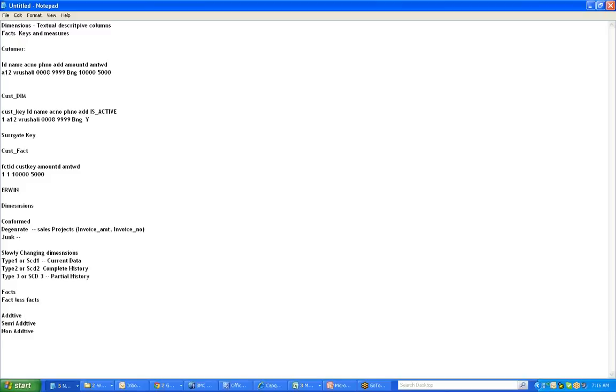Semi-additive is, for example, you have amount, deposit, withdrawn, balance, and percentage of change. So you cannot add all the different columns. Percentages you cannot add at all. So these are called semi-additive fact tables. And non-additive are where you have bonus, percentage, averages, all these kinds of columns. You cannot add any of the column values to show up in the report. Those tables are called non-additive facts. Clear?